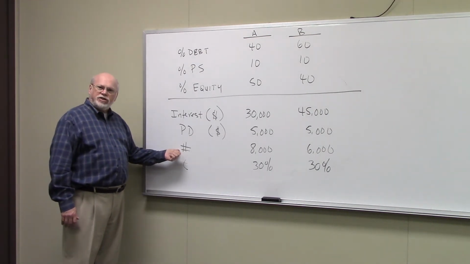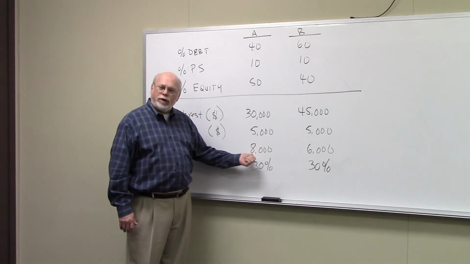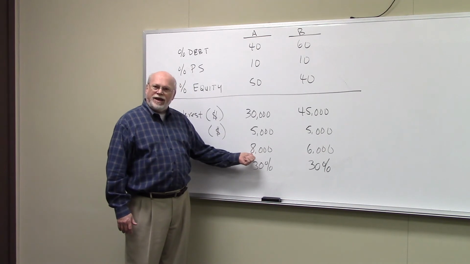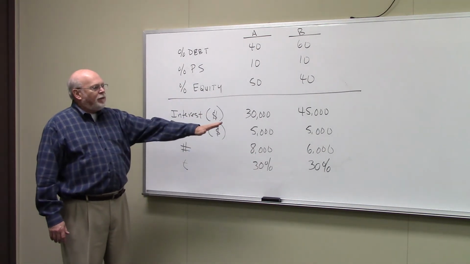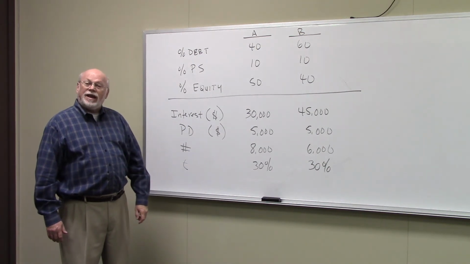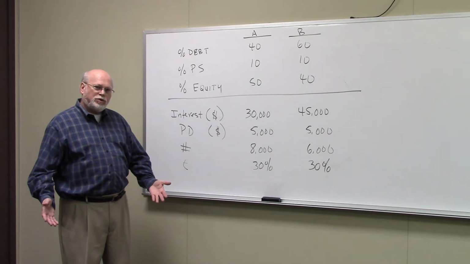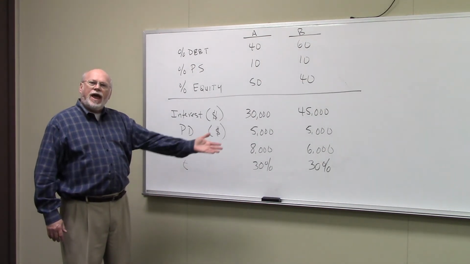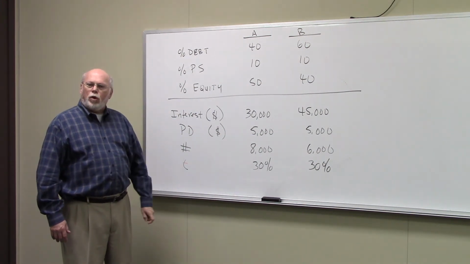The number of shares outstanding: A had more equity, less debt, so you have 8,000 shares outstanding if you go with capital structure A. B has more debt, less equity, so you'd have fewer shares outstanding under capital structure B. You'd only have 6,000 shares. And I keep the tax rate the same under both, 30% marginal state